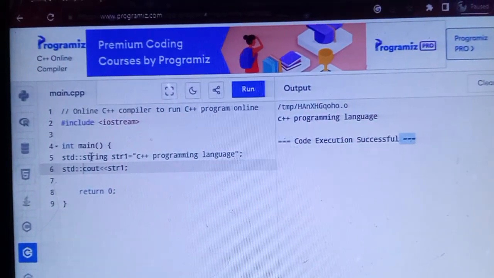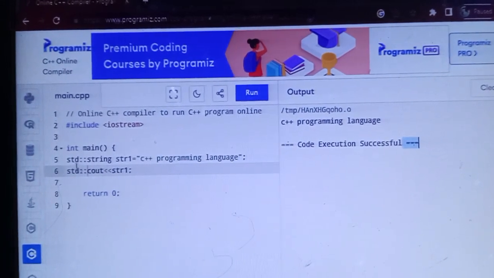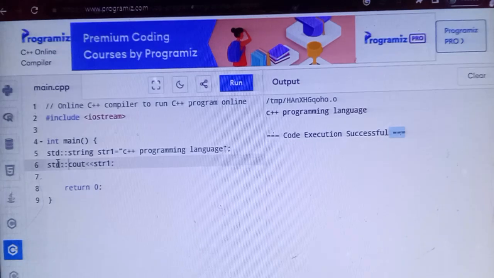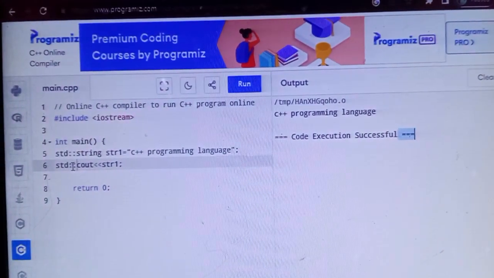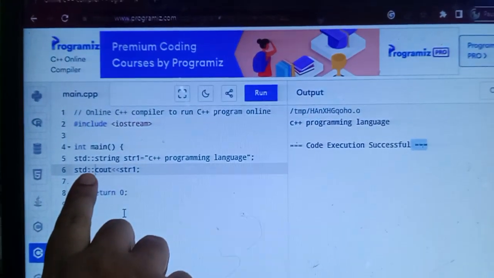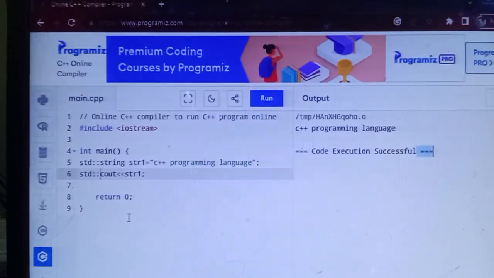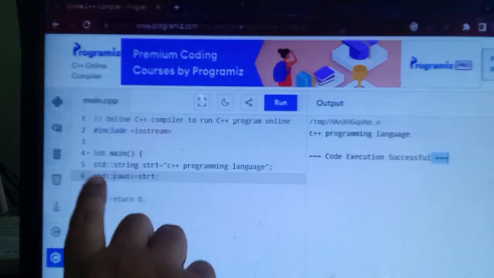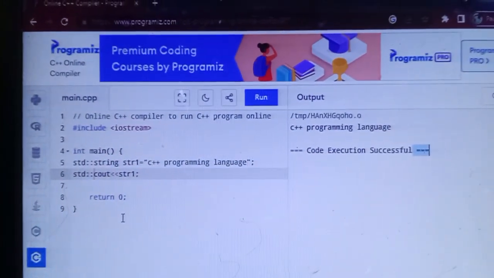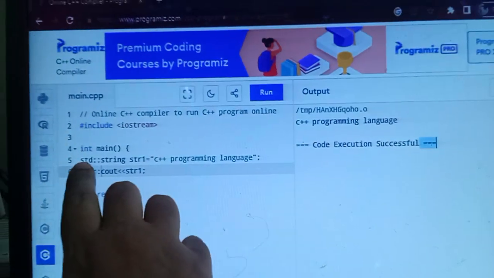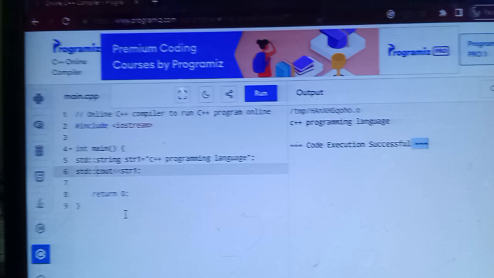That means string, cout, cin, everything must be used with the std namespace and the scope resolution operator. This operator is used to access the built-in objects that come while downloading itself. You get all these well-defined libraries, namespaces like that.